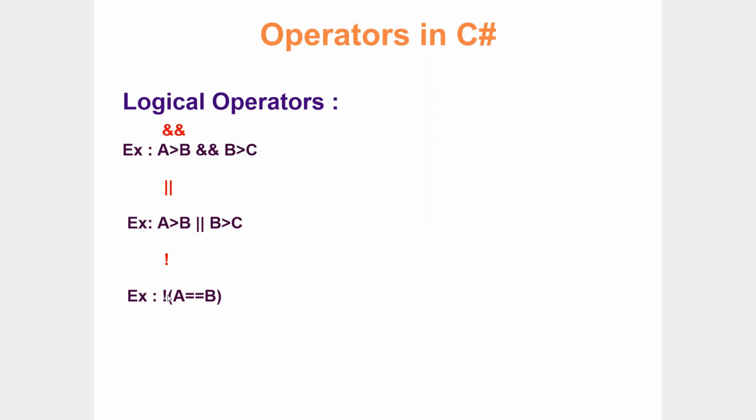And the next one is NOT. Rather than writing if A is not equal to B, I can write it like this: NOT A is equal to B. So if it is true, it gives false; if it is false, it gives true. So this is something about logical operators. Later let's see more about it when we discuss statements in C#. But ultimately, do remember that whenever you want to validate multiple conditions at a time, you would be needing these logical operators: AND, OR, NOT. Any questions, guys, so far?